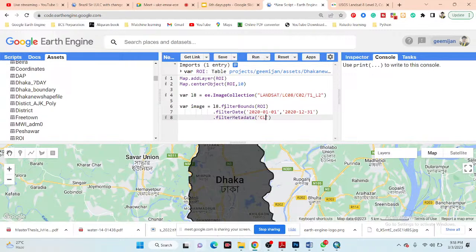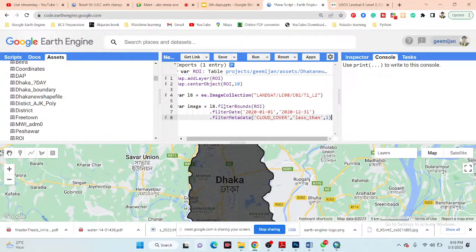and select cloud cover less than 1. Okay, so this time I simply filter my image collection according to my region, according to the image metadata, according to the specific time period. Now I want to create the median composite and then make the classification. Or if you want, you can also use a single image and make the classification. Same process. So I simply use the median